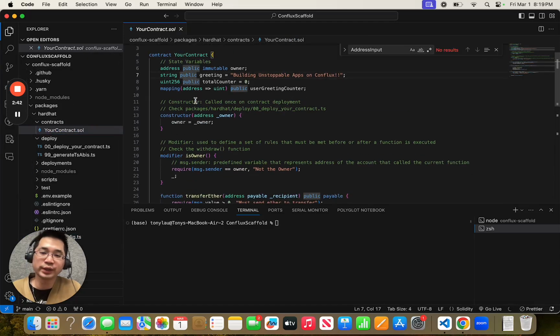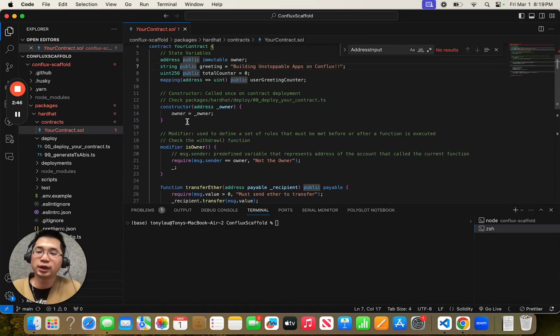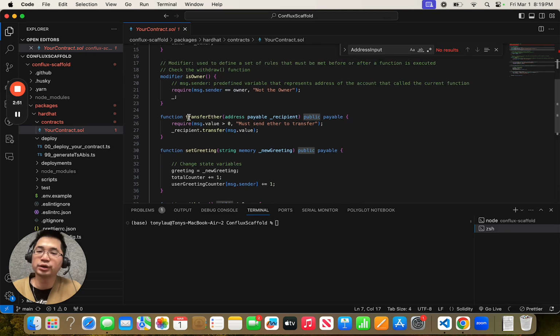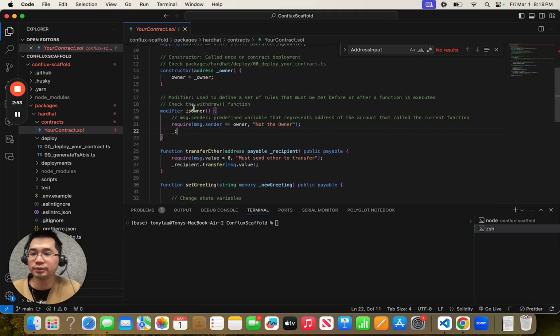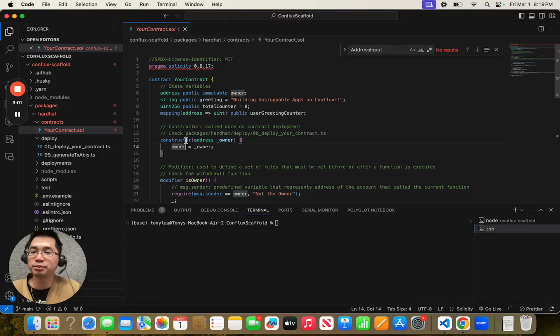Your contract right now has a few features such as withdrawal, set greeting, and transfer ether. From a constructor point of view, we're going to allow the deployment person to be the owner. So this is a very simple contract. The initial greeting will be building unstoppable apps on Conflux. So we're going to go ahead here and